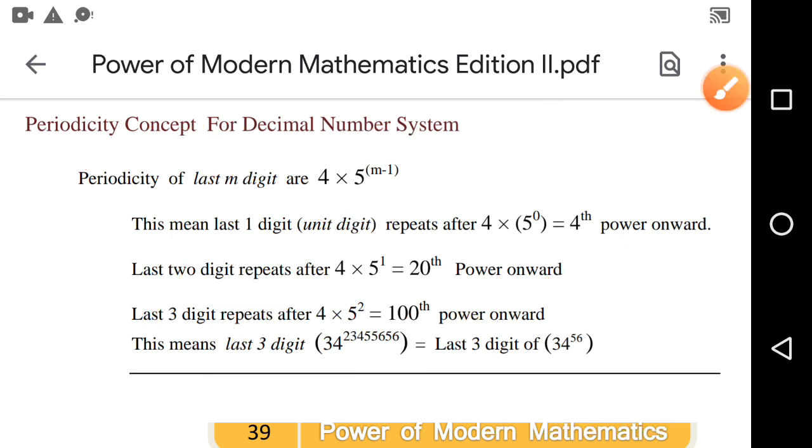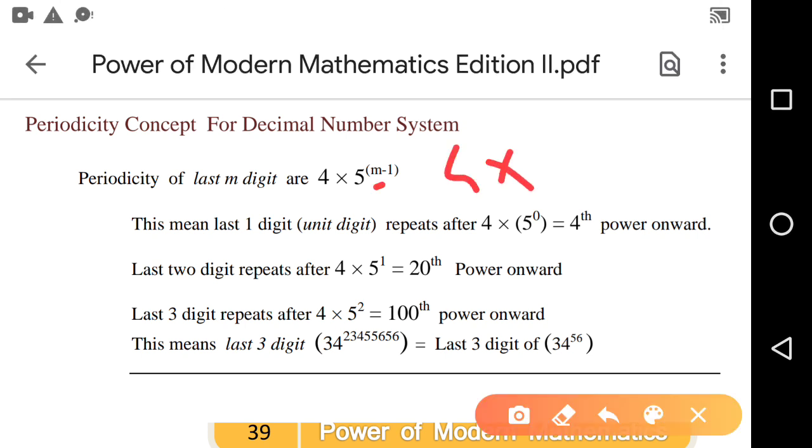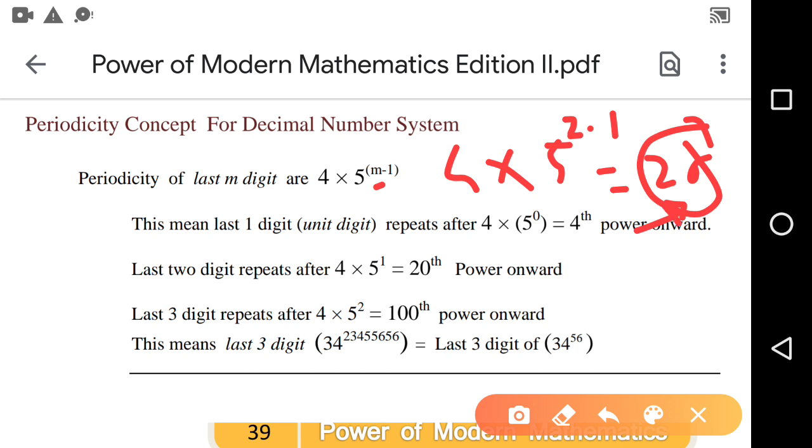And similarly for the last two digits, m equal to 2, so 4 into 5 raised to 2 minus 1, that is 4 into 5 raised to 1, which is nothing but 20. So from the 20th power onward, the periodicity of the last two digits is nothing but 20. And if we observe 3 raised to 20 modulo 100, friends,